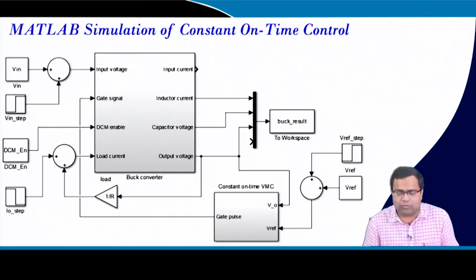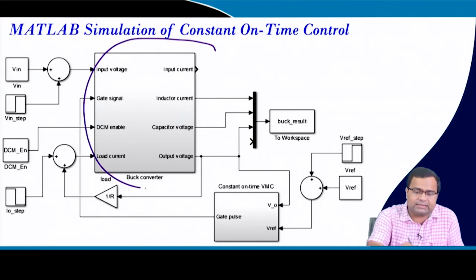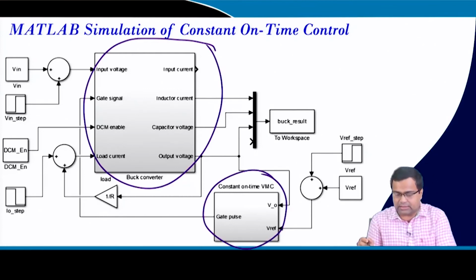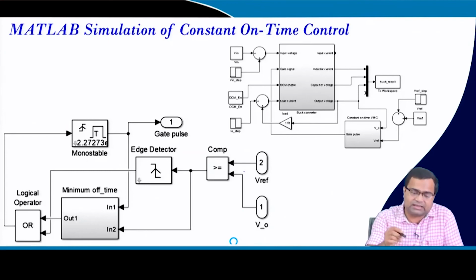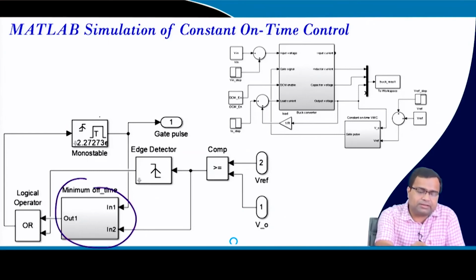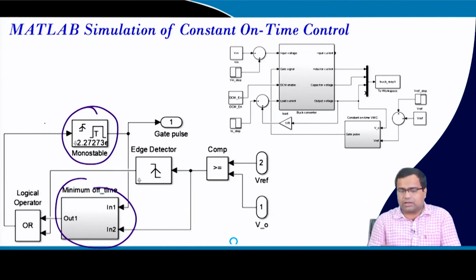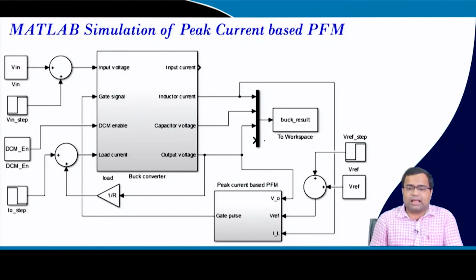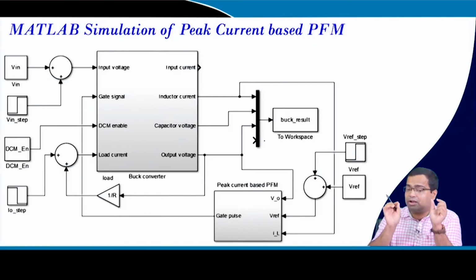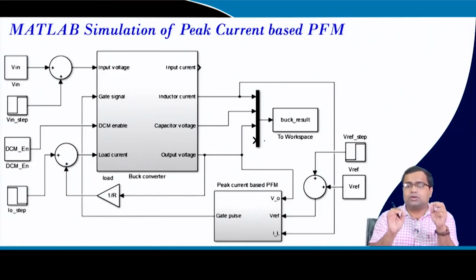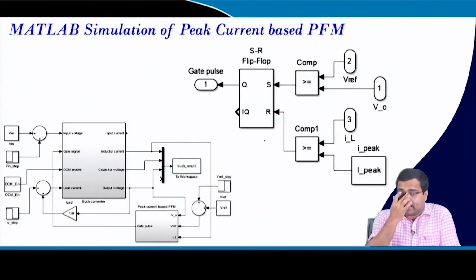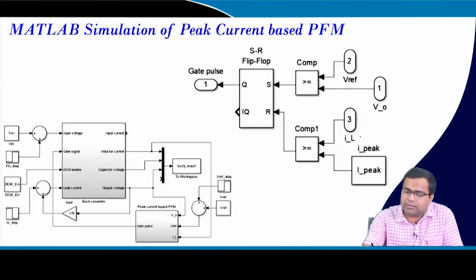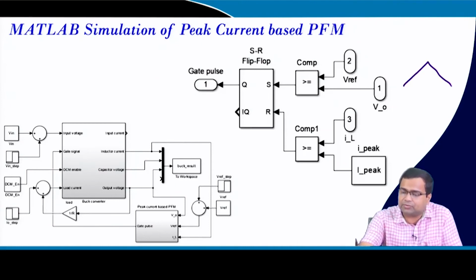If you go inside this block, we have already discussed this. This is the control logic, with a minimum off time, and the constant on time is set here. This is a ripple based control: the output voltage is directly compared to the reference. If you go to the peak current based approach, it is the same as constant on time, but we are not setting the on time by a timer; rather we are getting the on time by means of a current controller. How? Here the on time comes from comparing the inductor current with